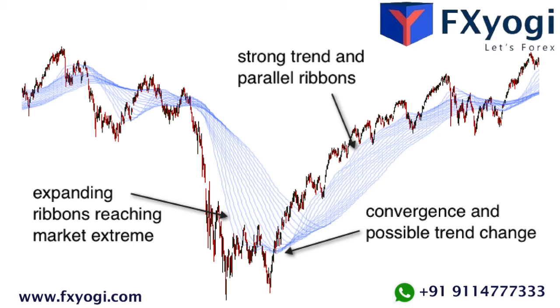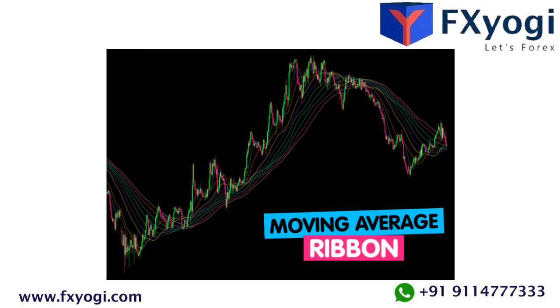In the chart above, you can easily identify bullish or bearish trends by looking at when the moving averages start to cross over or twist lower or higher. Ribbon expansion, or the widening of spacing between the moving averages, suggests the end of the current trend. Ribbon contraction, or the narrowing of spacing between the moving averages, suggests the start of a new trend.